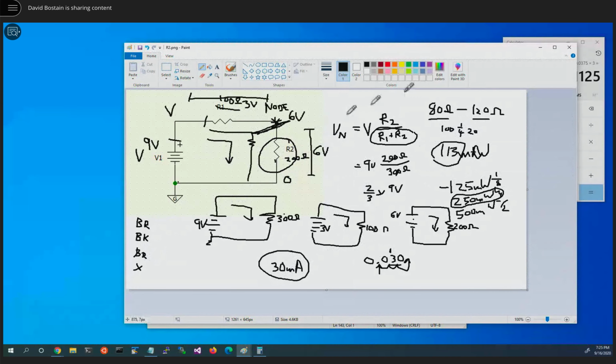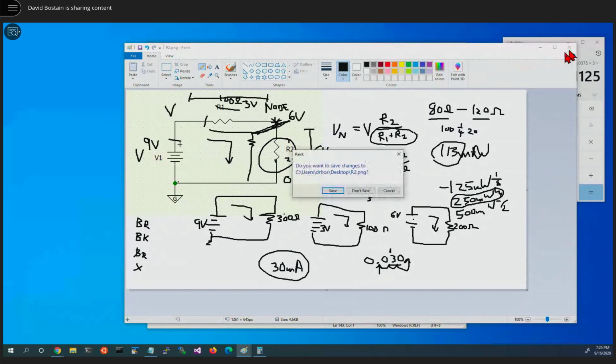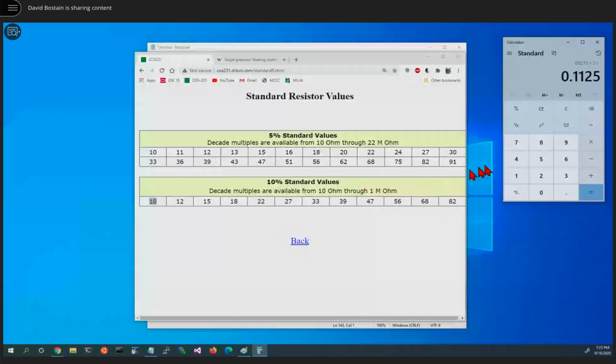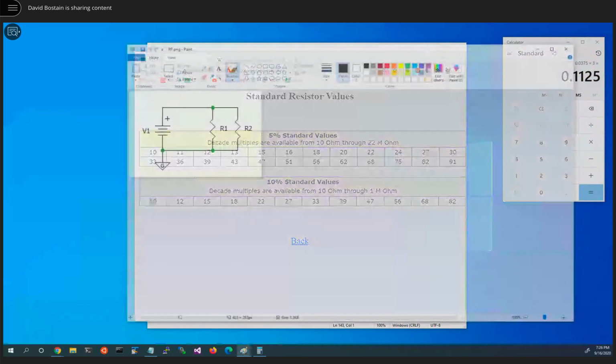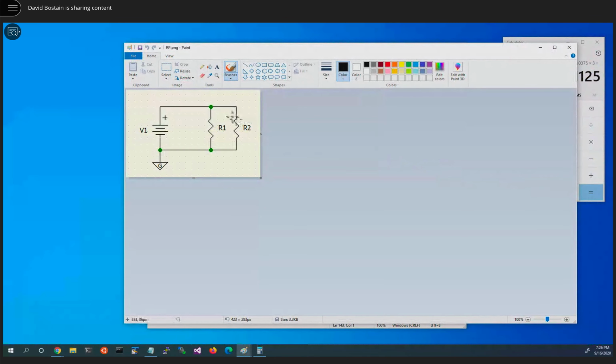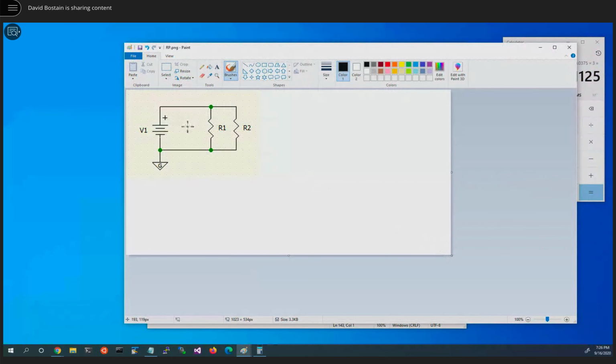Okay, a couple other quick diagrams I want to show you, but not necessarily talk about tonight. First one is this guy. Actually, I'll show you him in Paint. He has 2 resistors in parallel, not in series. So the issue here is that the current